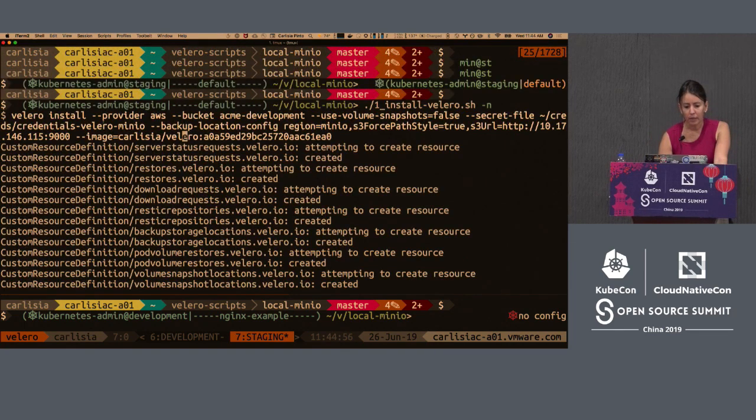Velero install and a bunch of flags that I passed. And I configured this to work with Minio. It takes a secret for the Minio credentials and backup location config. I'm not doing volume snapshots, so I set volume snapshots false. Backup location config, I'm pointing to my Minio